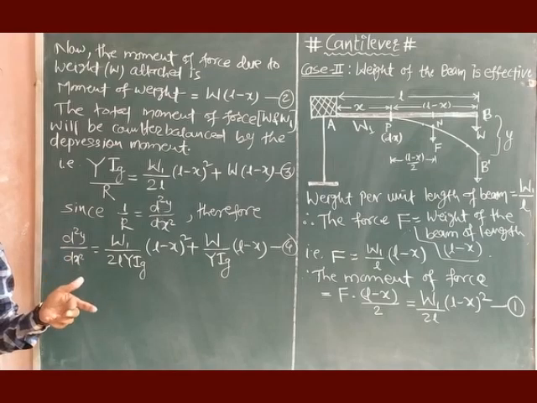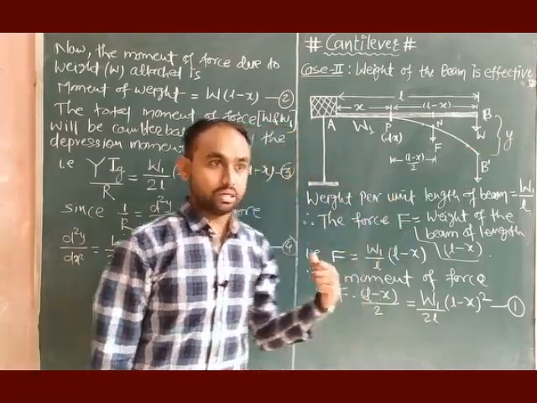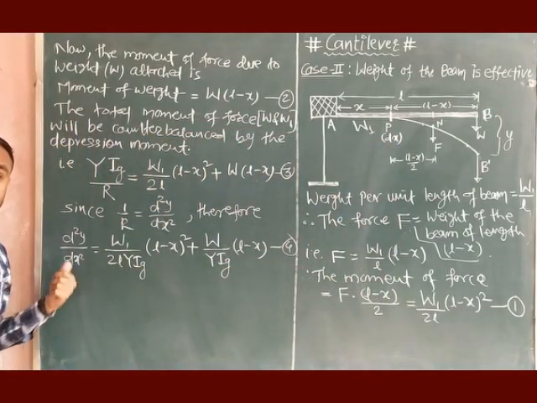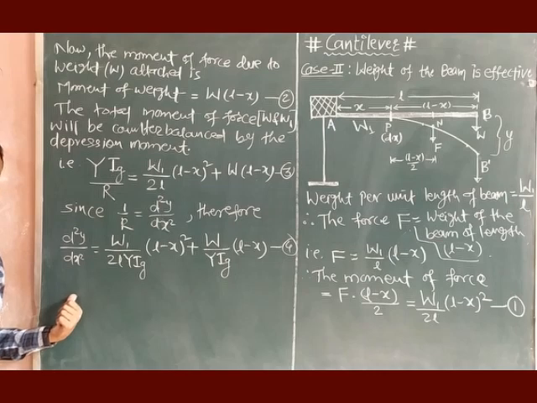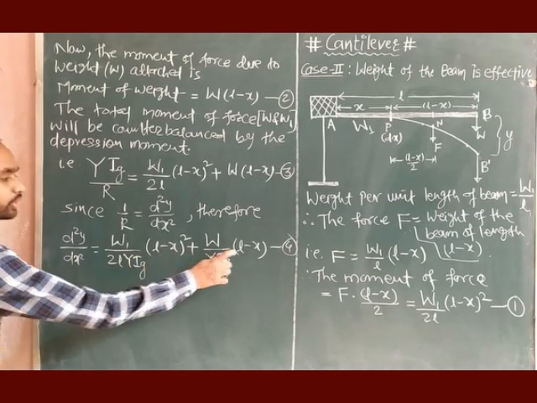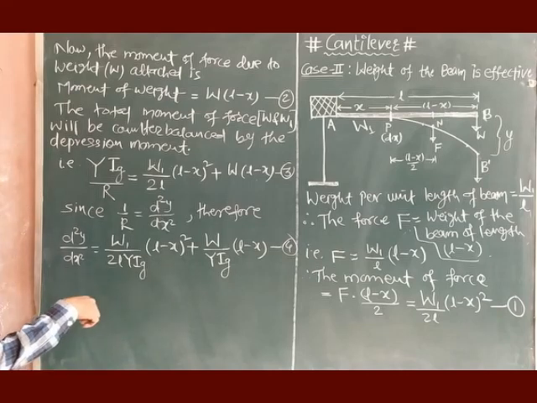Right, now what is this d2y by dx square? What is our target? Actually we have to find this depression y, and right now what we have in our hand is d2y by dx square, that means the double derivative of depression. Obviously to cancel the effect of the derivative we should take the integration, and therefore let us integrate equation 4 with respect to x. We have to integrate twice, so let us do it one by one because we have two terms involved, so it may be complicated to do the twice integration at a time.